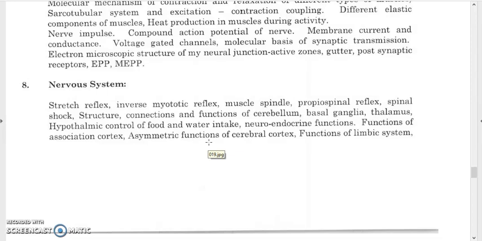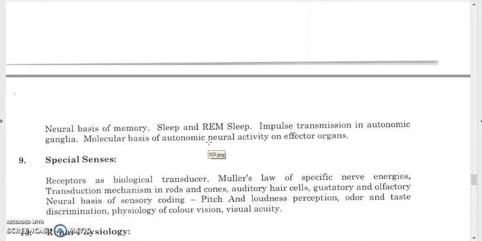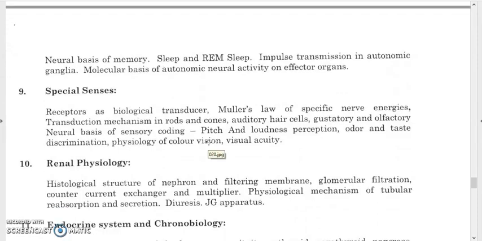and neuroendocrine functions, functions of association cortex, asymmetric function of cerebral cortex, function of limbic system, neuronal basis of memory, how our memory formation occurs, sleep, how sleep, different types of sleep, REM sleep or rapid eye movement sleep, what is the difference between REM sleep and non-REM sleep, rapid eye movement sleep and non-rapid eye movement sleep, impulse transmission in autonomic ganglia, and molecular basis of autonomic neuronal activity on effector organs, special senses, receptor as biological